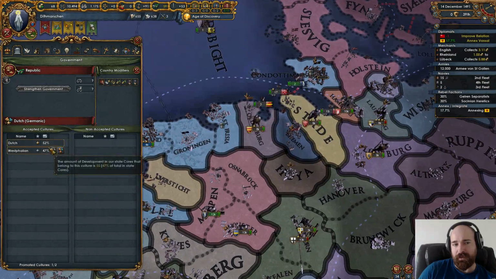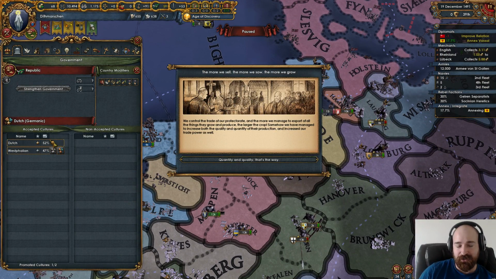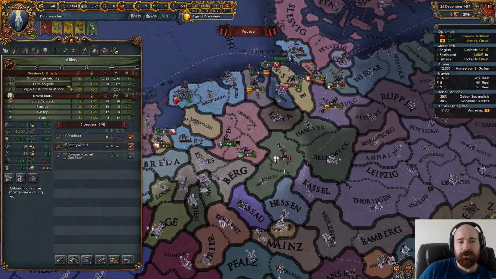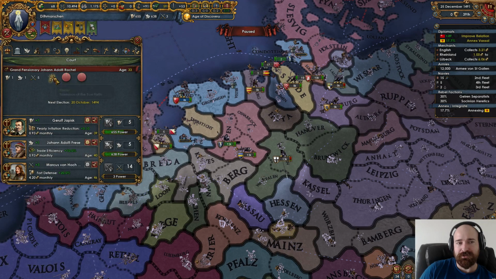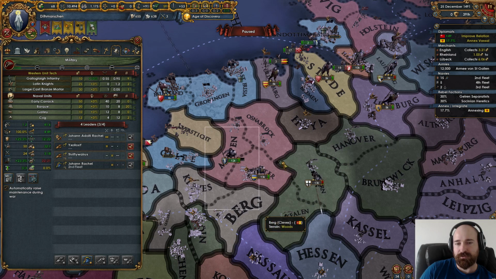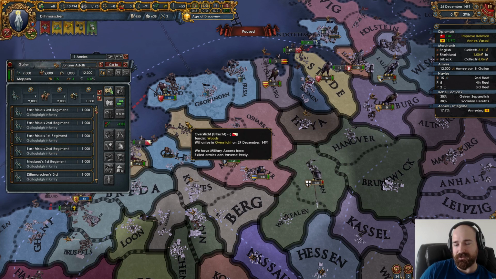Culture shift to Dutch. We've already done that. Dutch is already our primary culture. Alright, so our guy became a sinner, which is not ideal, but it's better than Craven, I would say. He is a 632. The previous guy was a 4-6, which is pretty amazing, but...